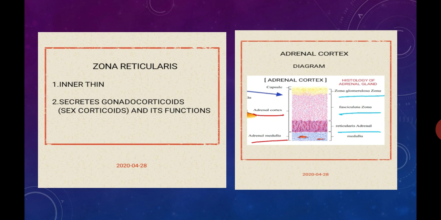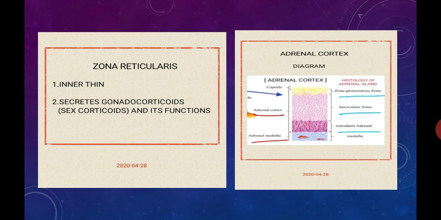Students, these gonadocorticoids in male have a role in the development and maintenance of external sex characters. So the important function of gonadocorticoid is that in male it has a role in the development and maintenance of external sex characters. In short, the development and maintenance of external sex characters is under the control of one hormone called gonadocorticoids, and gonadocorticoid is secreted by the zona reticularis.